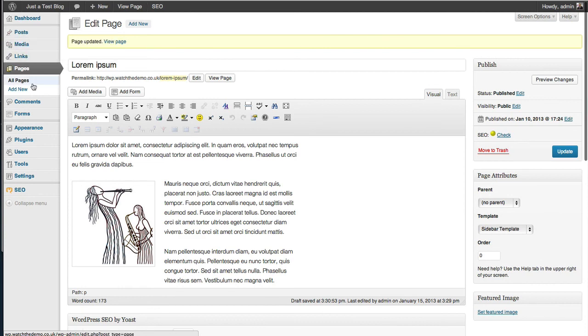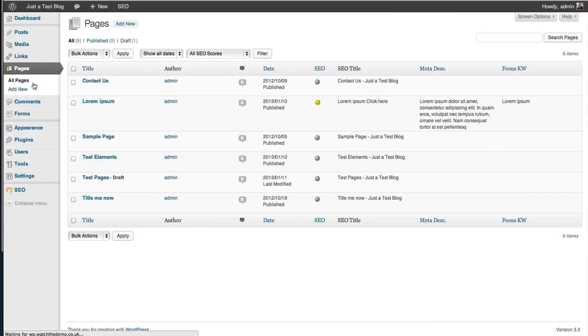If we actually have a look at your pages list, you'll see that it gives you your SEO indicator score, what your SEO title is, what your meta description is, and the keyword that you're focusing on. So that's quite a handy little reference. So that completes the